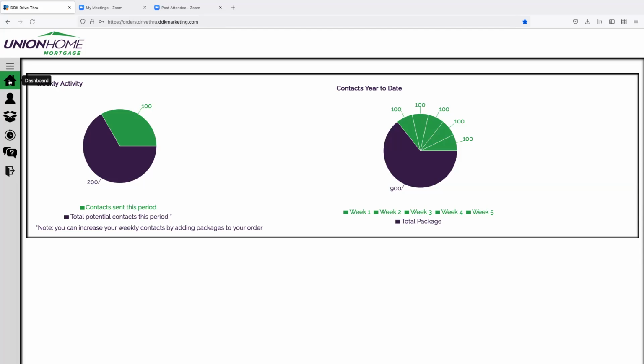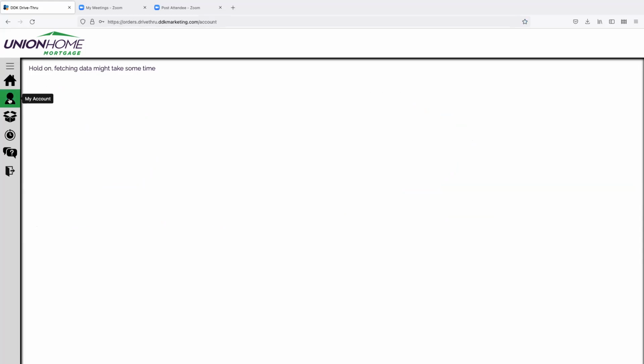Well, I think that's important, and obviously you need to be compliant because we are super compliant with everything and don't want to get into any trouble of any sort. So UHM vetted the DDK process, and that's how we got to this point. But so that's critical. But in my simplistic way of looking at the world through my loan officer eyes,